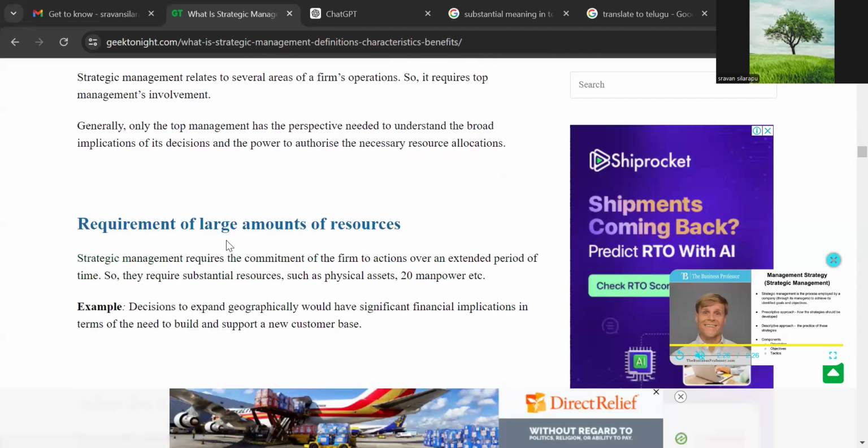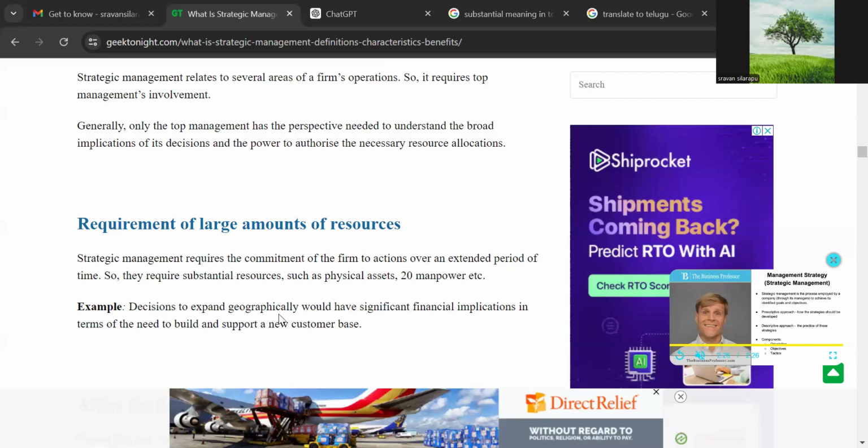Next, requirement of a large amount of resources. Strategic management requires the commitment of the firm's actions over an extended period of time. So it requires substantial resources such as physical assets and manpower. One organization, one firm, commits to the strategy over a long time period and requires substantial resources. For example: